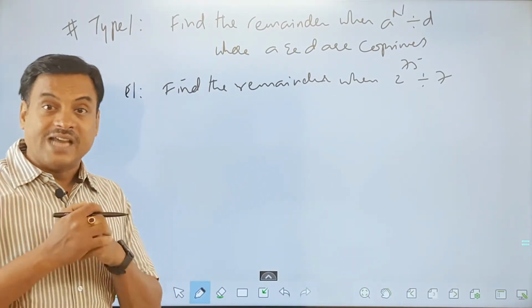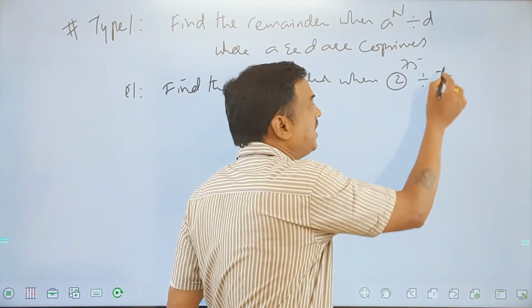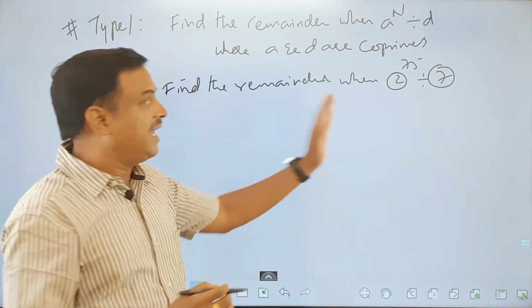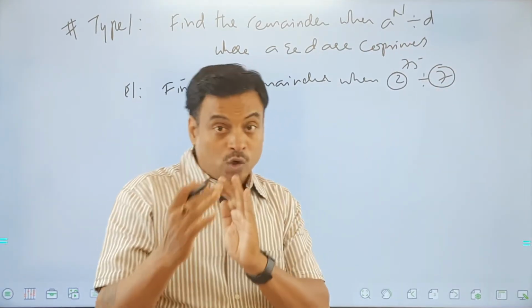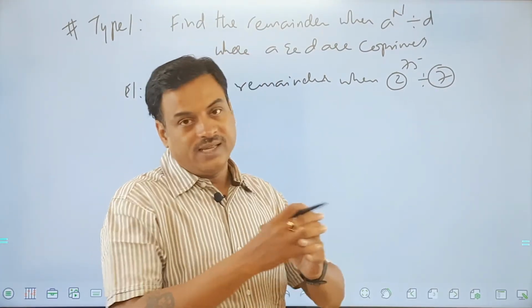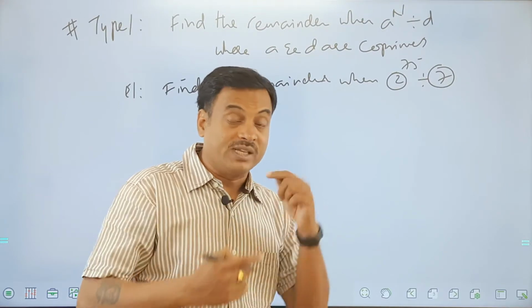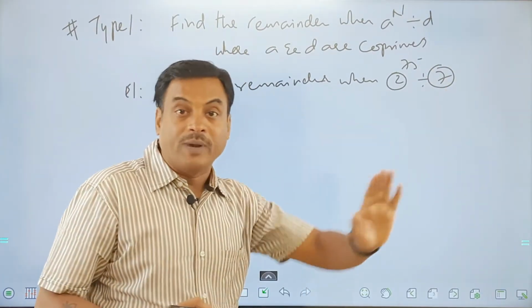So when I call it as type 1 questions, I can say when I see this number and this number, which is supposed to be A and D, are co-primes. If they are not co-primes, that is another type of question. So if they are co-primes, what I should do is the point. So how to recognize the types? The key points to recognize the types is very important. A and D have to be co-primes is the point.